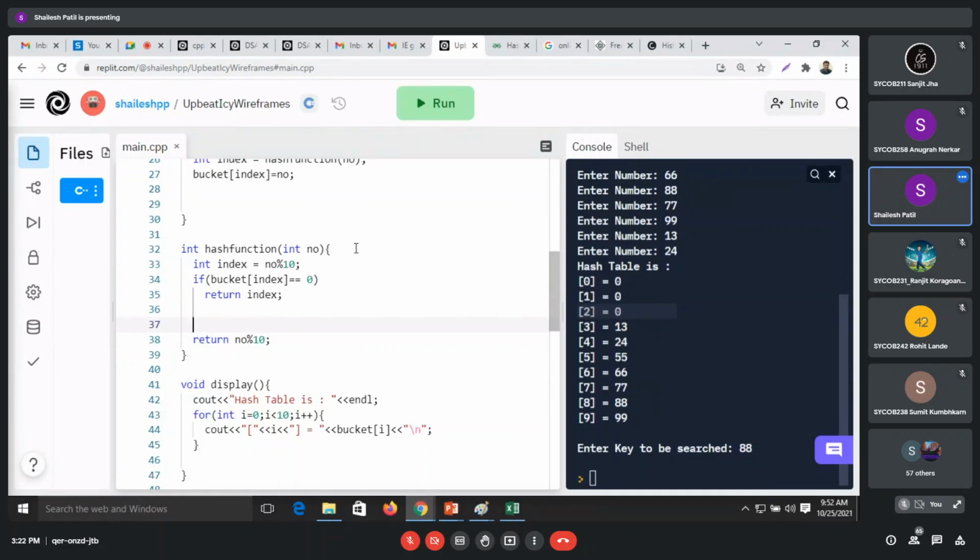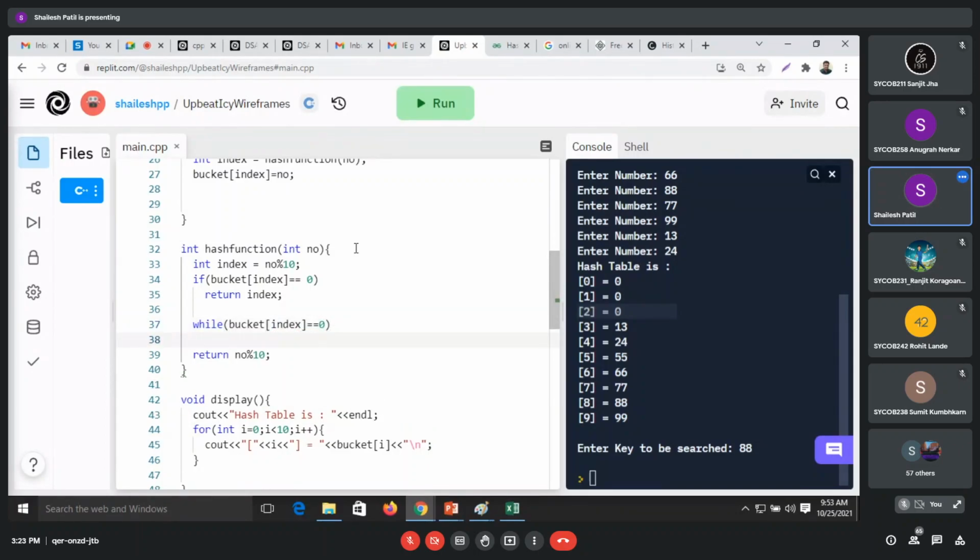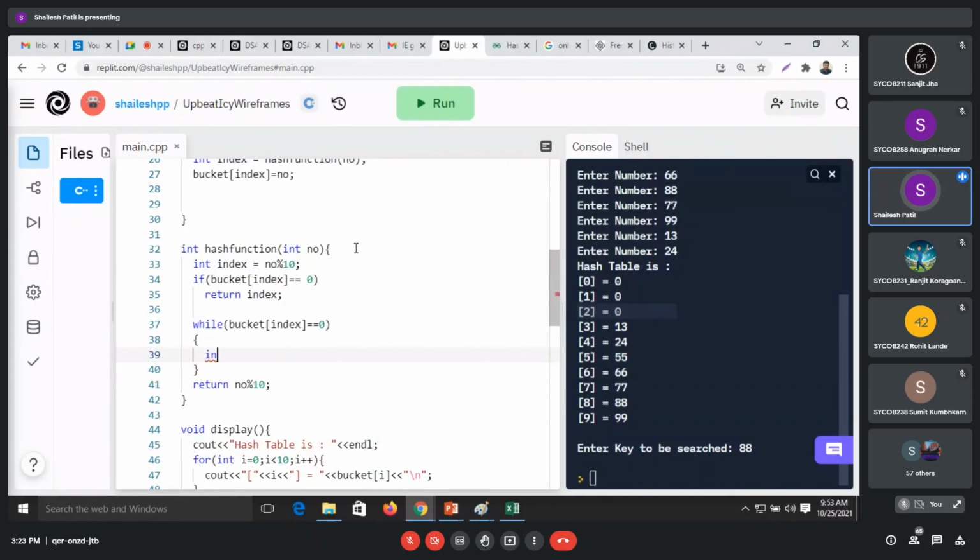So while bucket of index is not equal to 0, what I have to do is index plus plus. That is sufficient, because f of x, index mod 10, is already calculated. So while bucket of index is not equal to 0.